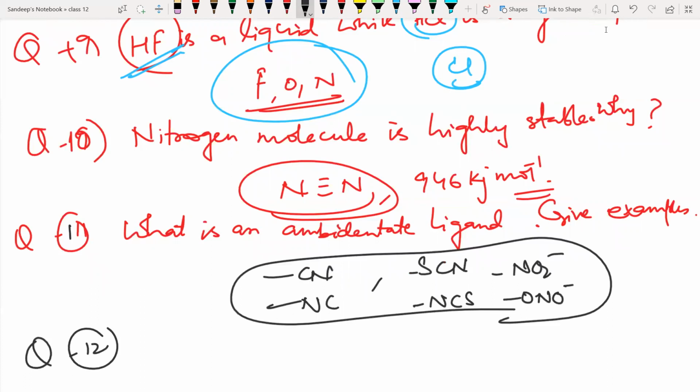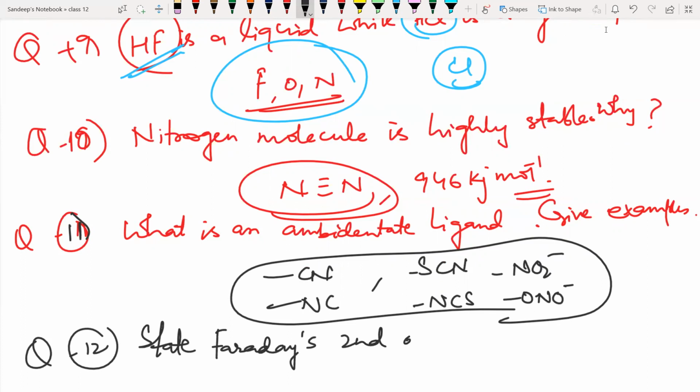Question number 12: state Faraday's laws. You just have to write Faraday's definitions. There are two laws of Faraday, first law and second law. So state Faraday's